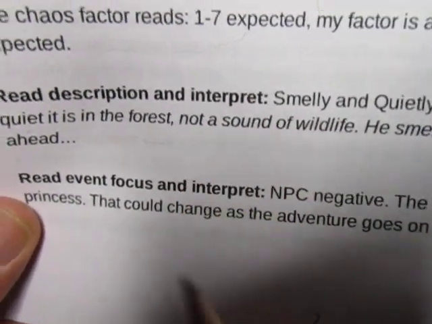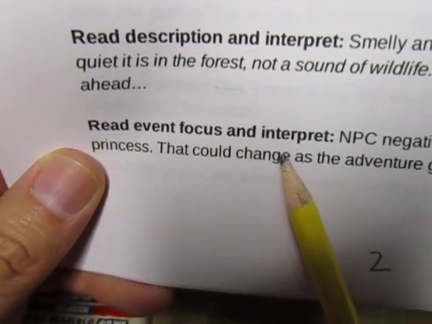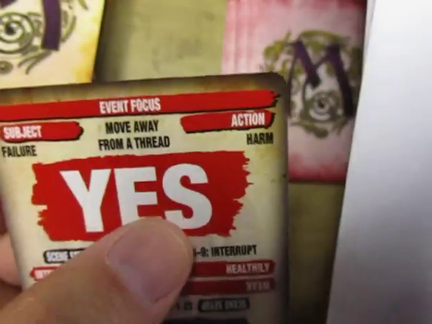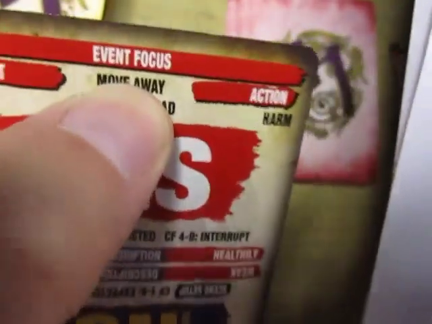So yeah, description and interpret. The next step here is read, event focus, and interpret. In this one, I got an NPC negative. And this card says move away from a thread. Well, we're not worrying about that. The one I picked was